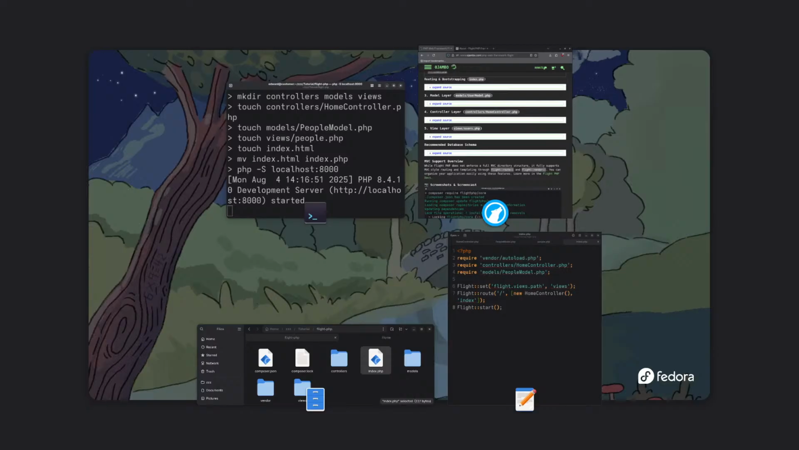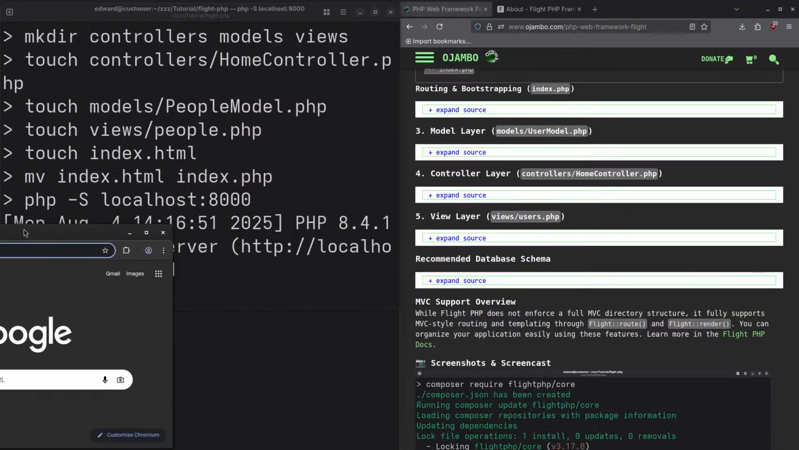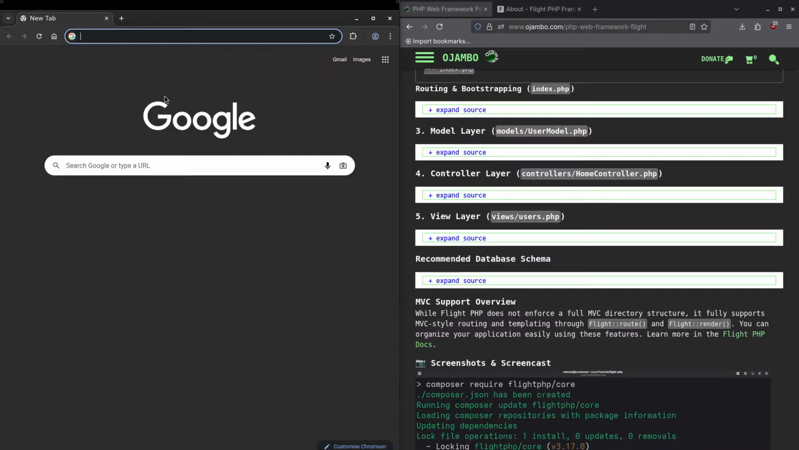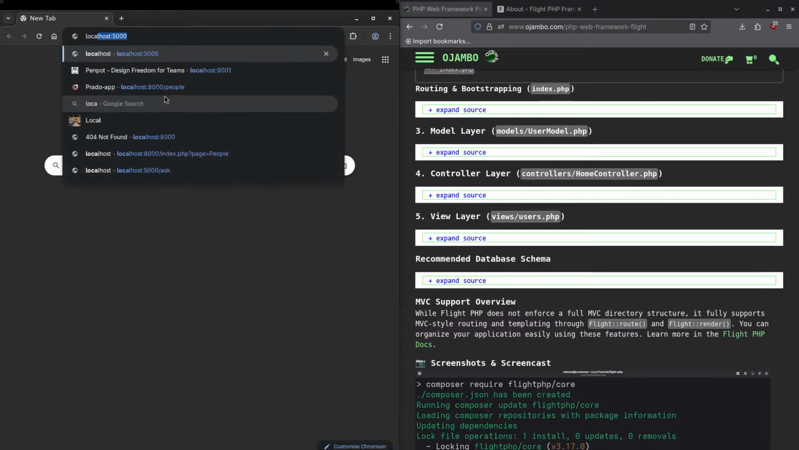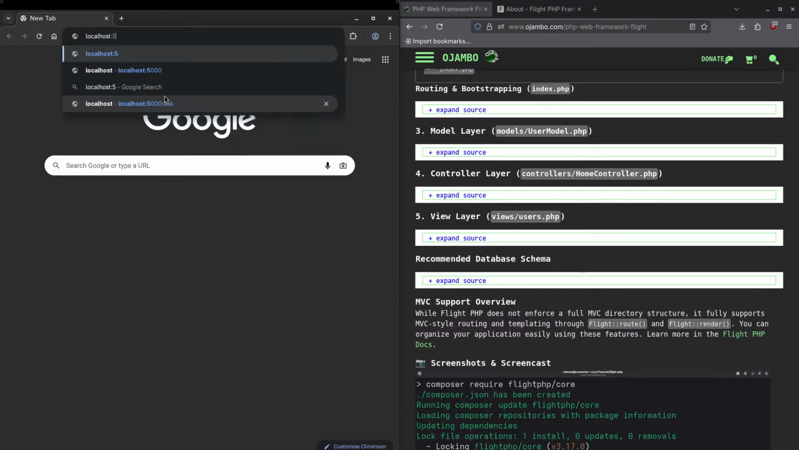I'm going to open up Chromium. There was a recent update that has been crashing the past 2 days. Hopefully it doesn't crash on this. Okay, so then all you have to do is just type localhost:8000,